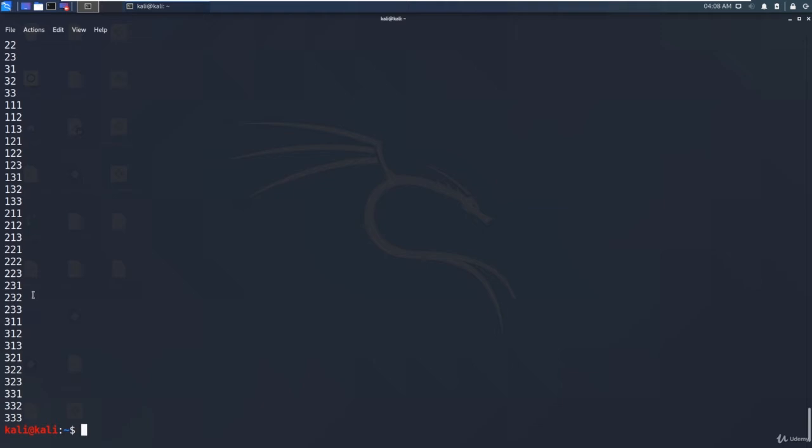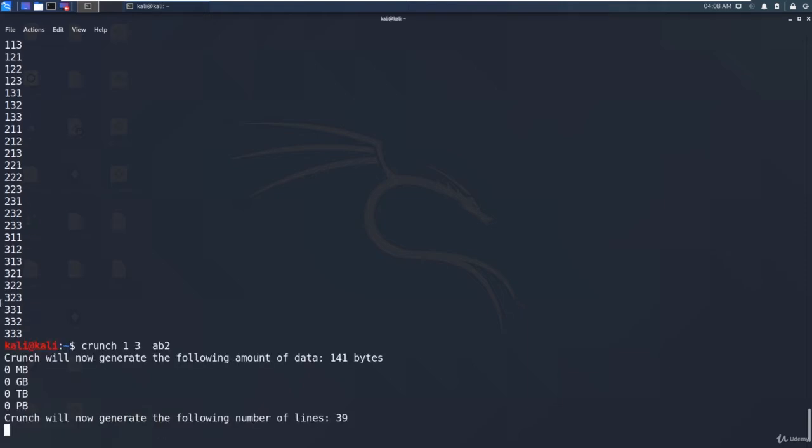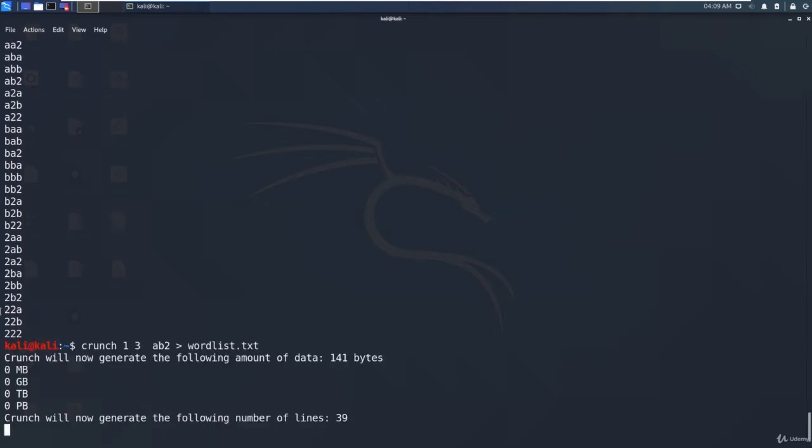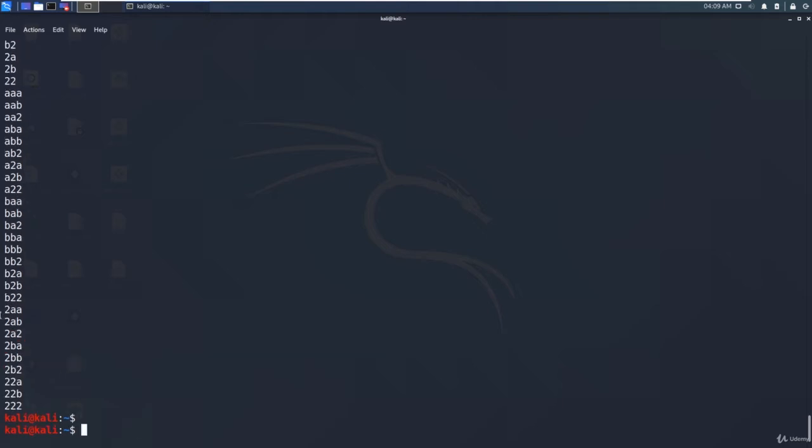So as you can see, it's going to generate this one, and you can see AB1, AB2, and then it will generate the output with minimum word length 1 and maximum word length 3. So now we can pipe it to, let's say, wordlist.txt. Now if you go into this wordlist.txt, you will have the words, as you can see.